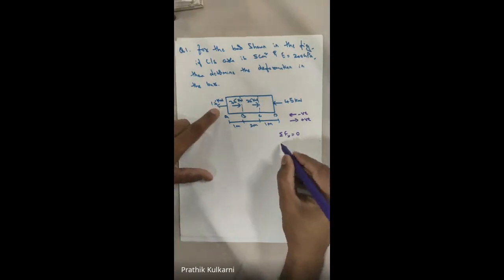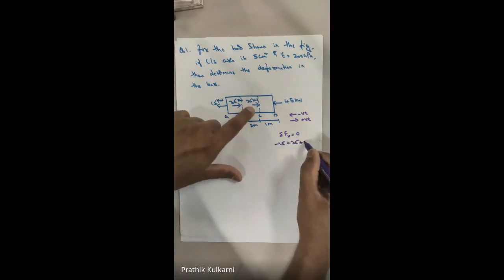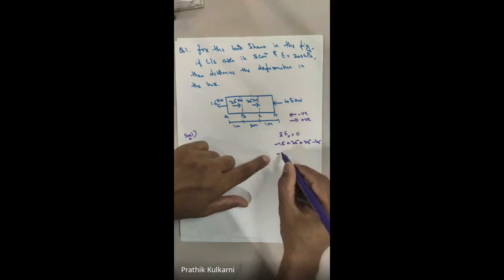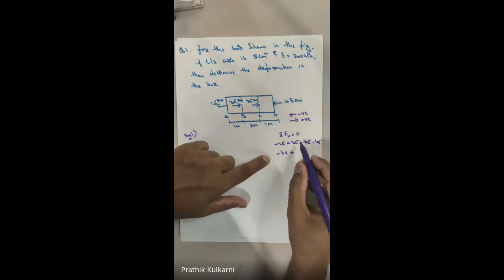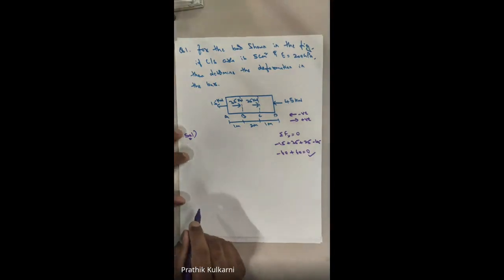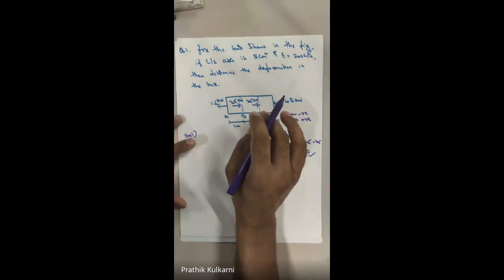So this is going towards left, so minus 15. This is going towards right, plus 35. This is plus 25, minus 45. So minus 45 minus 15 is minus 60, plus 35 plus 25 is plus 60. Then the answer is 0. Yes, it is in equilibrium. Fine. Now we have to just solve this one, and it is very easy, don't worry, बहुत easy है.